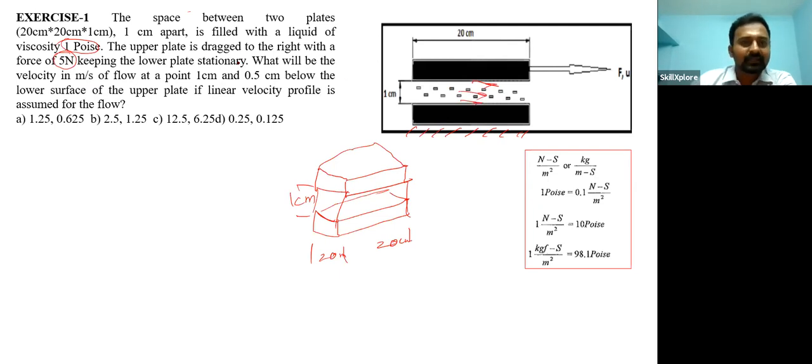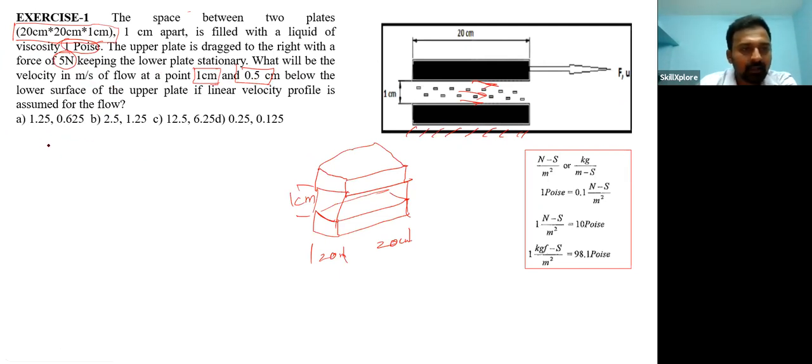Okay, so next, if you are approaching a problem, just study the problem, try to understand the statement which is given, and highlight your numerical values. So what is the thing here? What will be the velocity in meter per second? In what conditions? In two conditions, if the point is considered as 1 centimeter and 0.5 centimeter. So we all know that